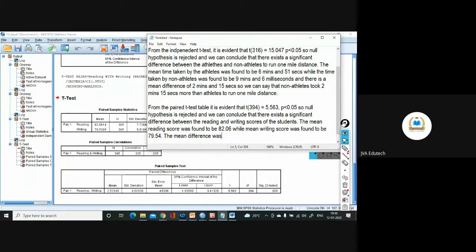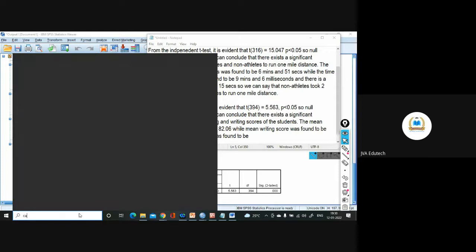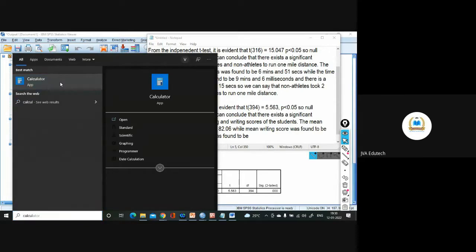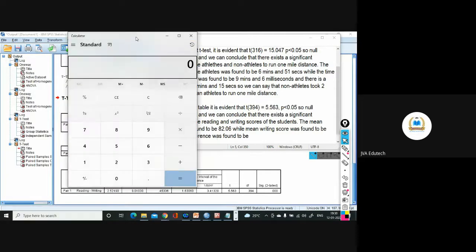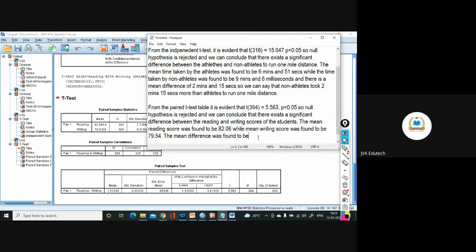The mean difference was, let me take it, to be 82.06 minus 79.54. Yeah, 2.52. Same. Found to be 2.54.